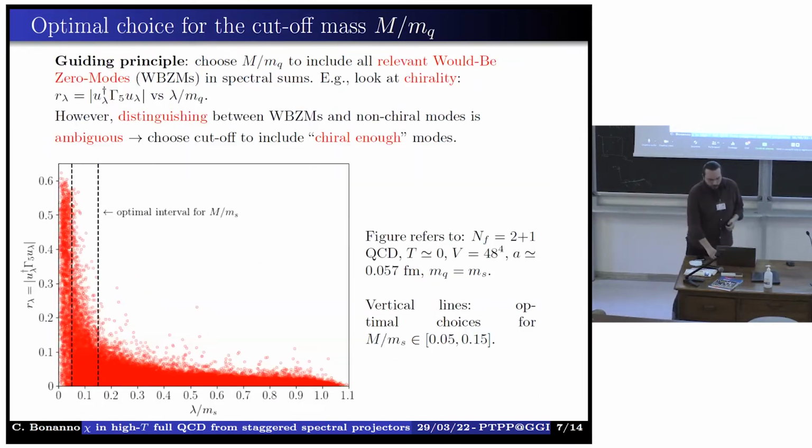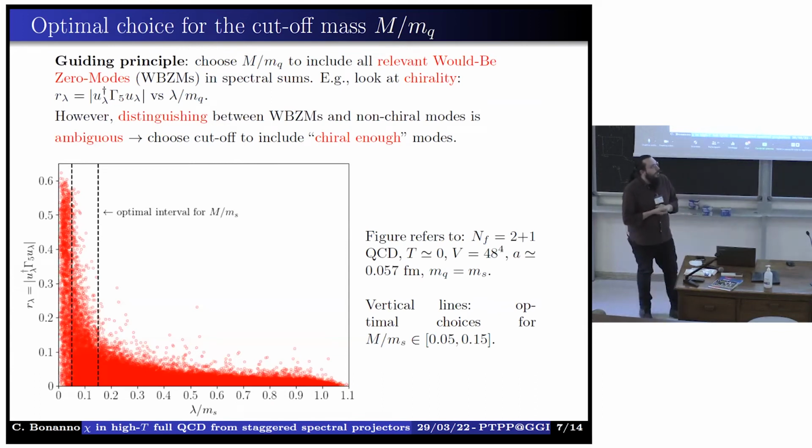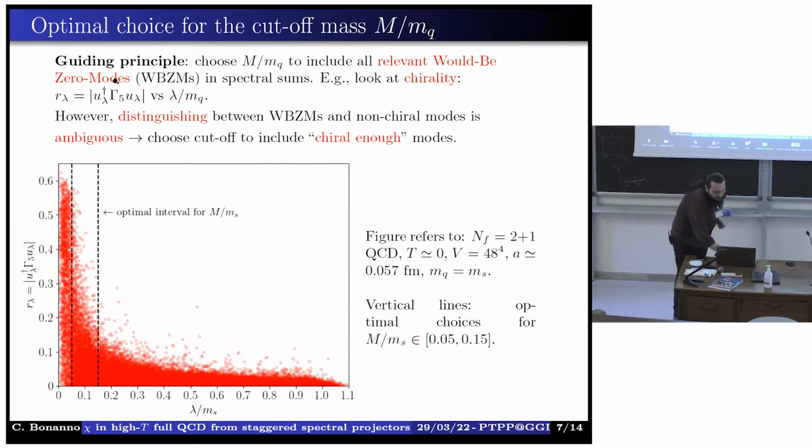So in order to try to answer this question, we essentially computed the chirality, which is this quantity here, r, through the eigenvectors that we have computed in our simulations, because we know that in the continuum limit, of course, r must be either 1 for zero modes or 0 for the other modes. So in principle, the idea would be to choose the cutoff m in order to include all relevant would-be zero modes in your spectral sums and